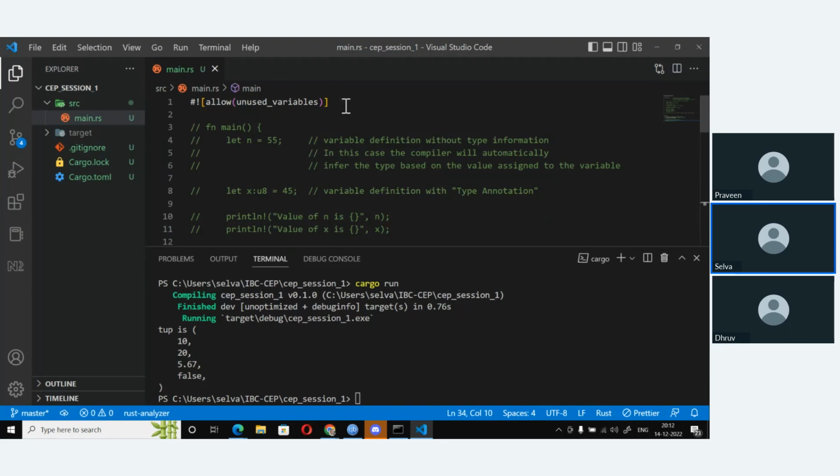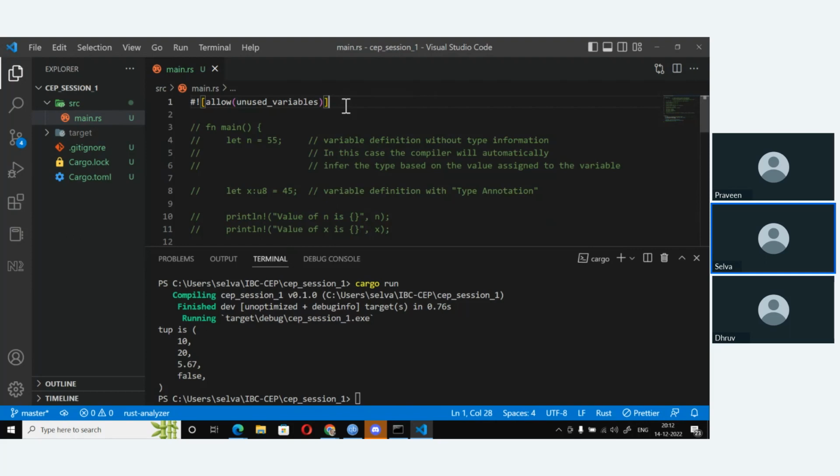When you're developing and building logic and you don't want the warnings to crop up here and there, and you have not yet finished the program, you know that somewhere down the line the code is going to use a certain variable which you declared way up ahead. Then to avoid those warnings, you can put this up. But once you move to production, you should remove all these.